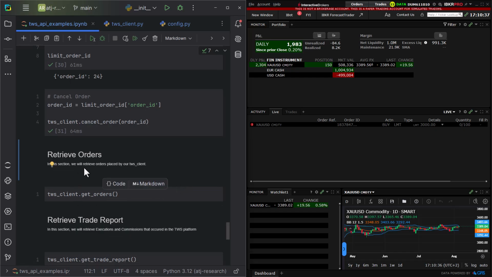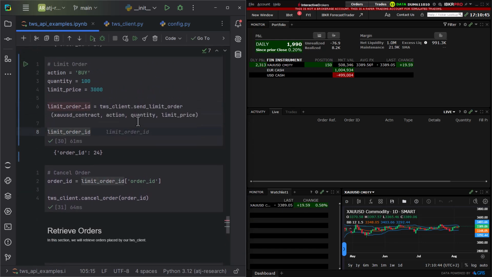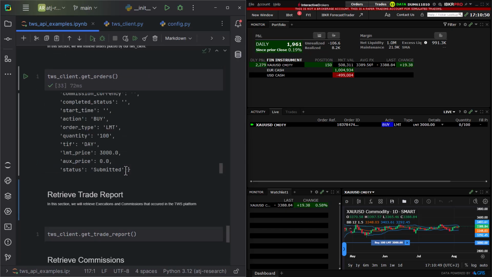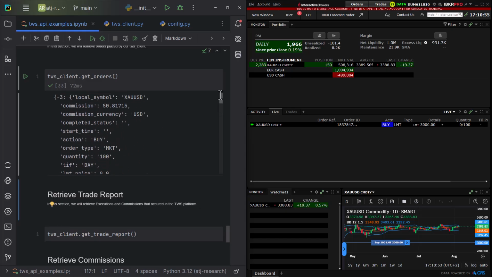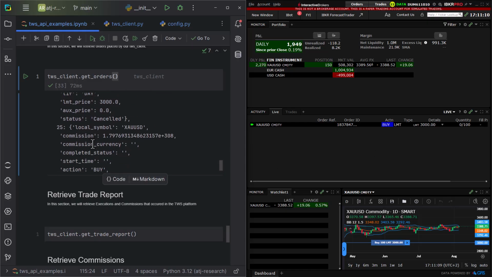And here we have another method which will retrieve our open orders. So let's say I open another limit order. So now TWS client.getOrders will show all the orders that have been placed during the session. So here we have also the historical ones, and then to find the current open order, here we see that the status is submitted. So it is basically this order right here, and that way you can keep track of all the orders that you are placing